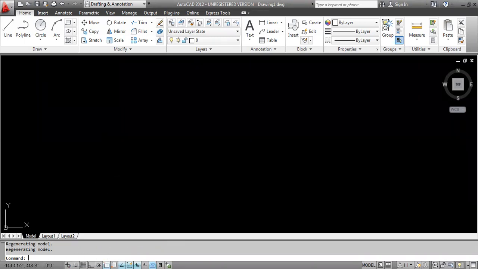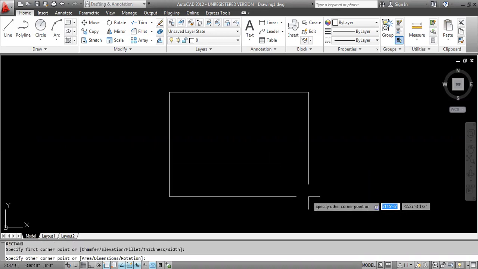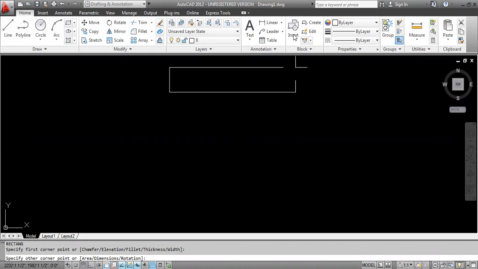Now today, by using the rectangle command, REC, I give here rectangle. I am taking the value 55 feet, comma, 46 feet.